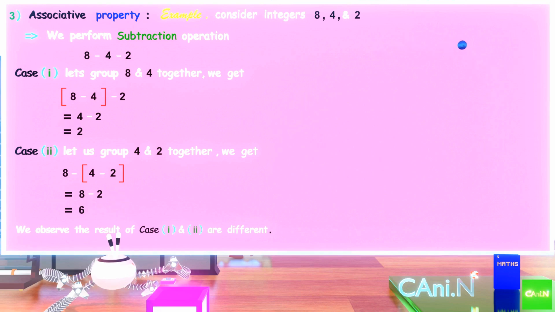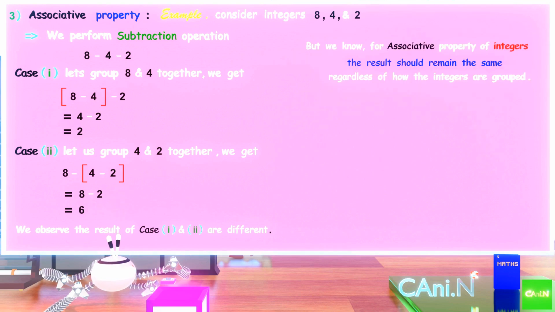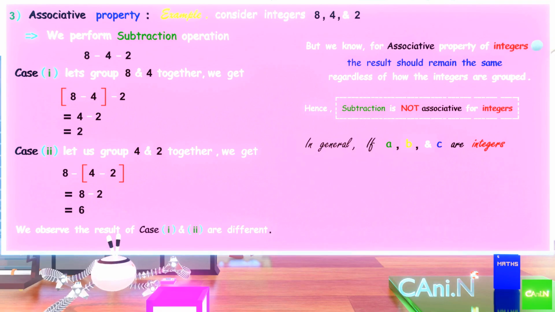We observe the results of case 1 and 2 are different. But we know, for the associative property of integers, the result should remain the same, regardless of how the integers are grouped. Hence, subtraction is not associative for integers. In general, if a, b and c are integers, then